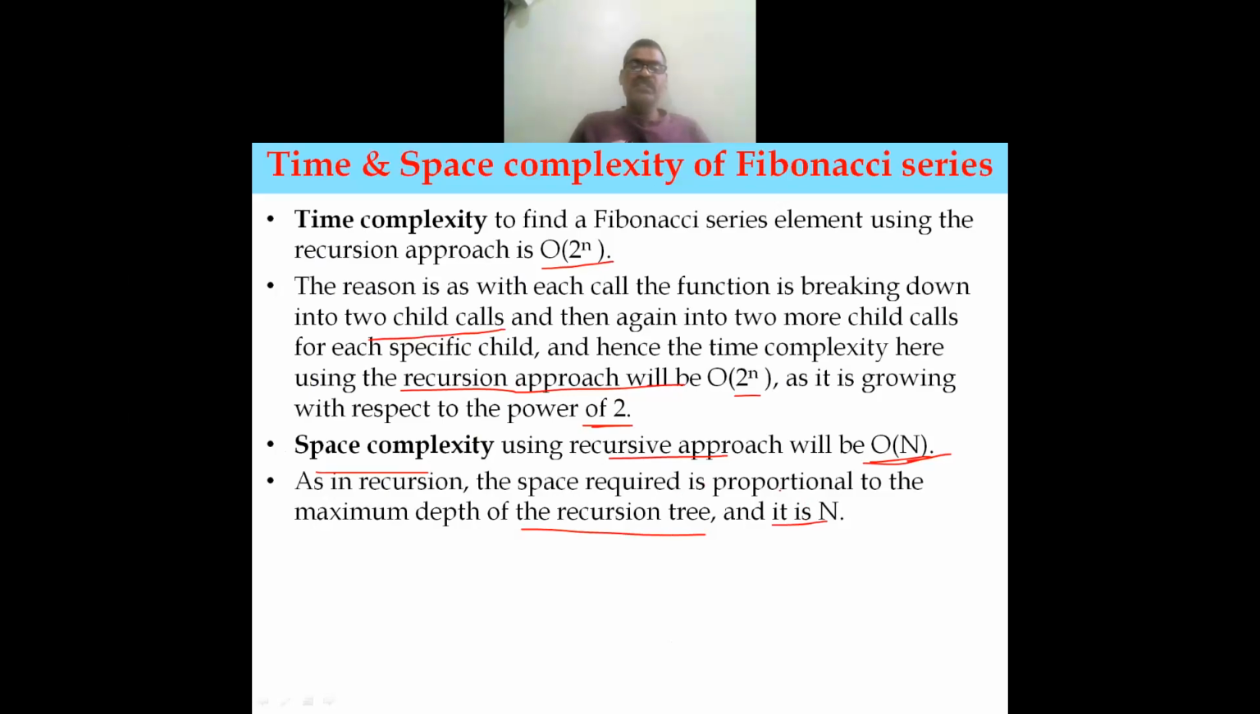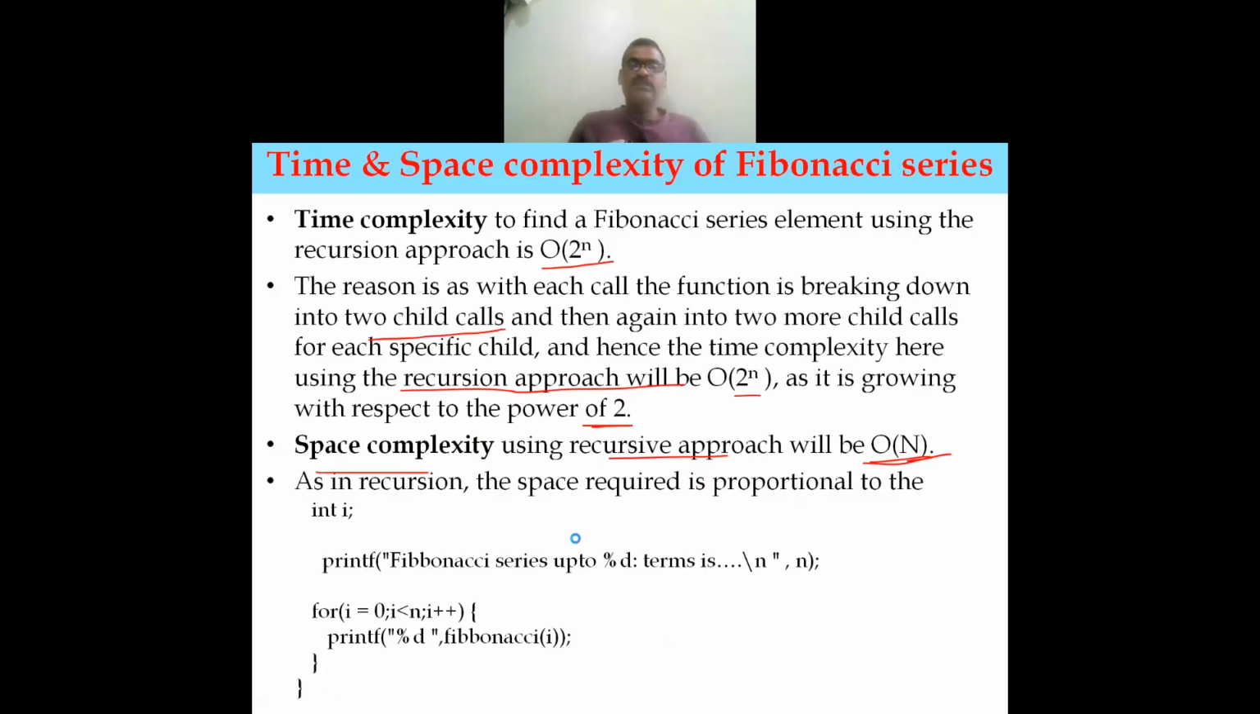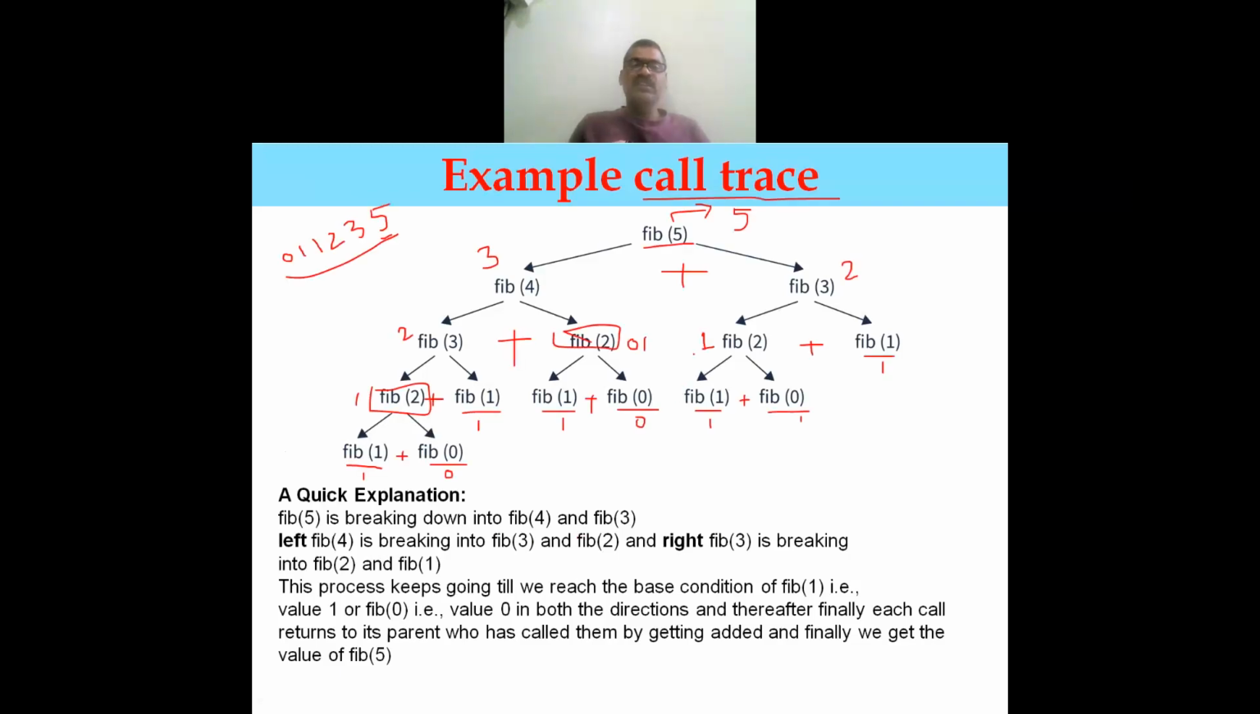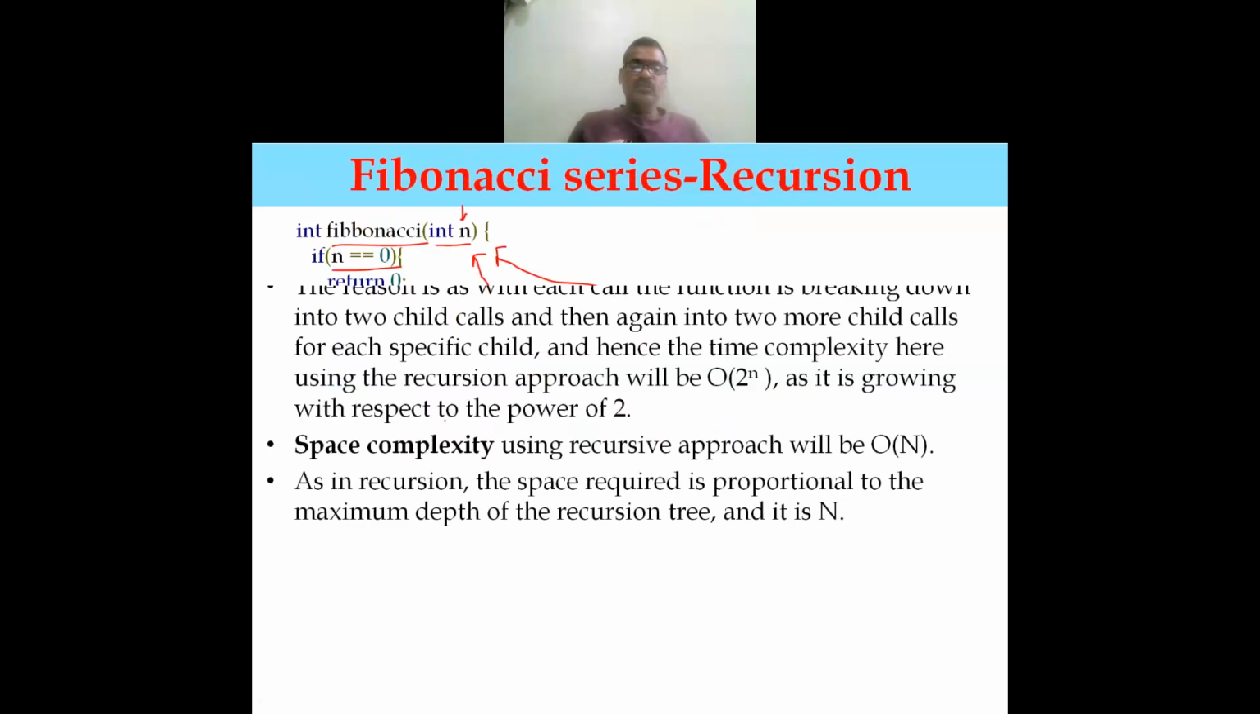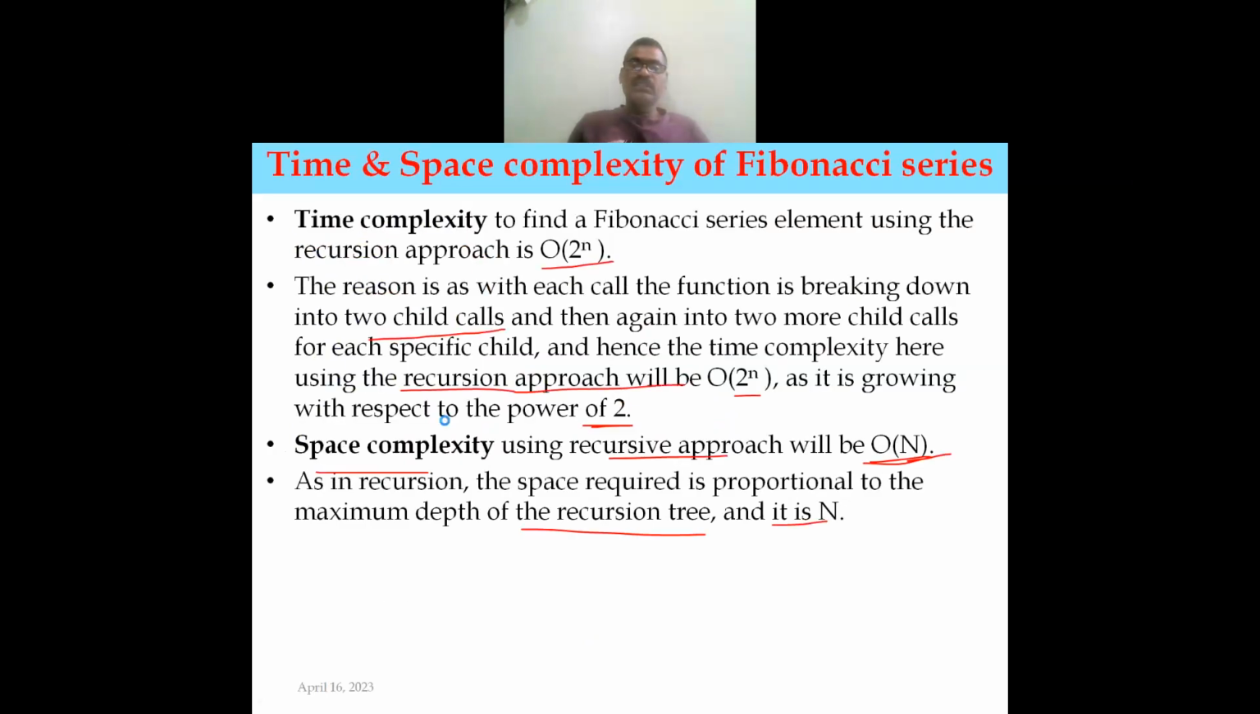Got the point? Because the depth of this tree, if you see in this particular recursive call, the depth of the tree is approximately 5. So 1, 2, 3, 4. Okay, so this is what the maximum depth is, 5. Okay, got the point. So that is what we are going to take as the space requirement, big